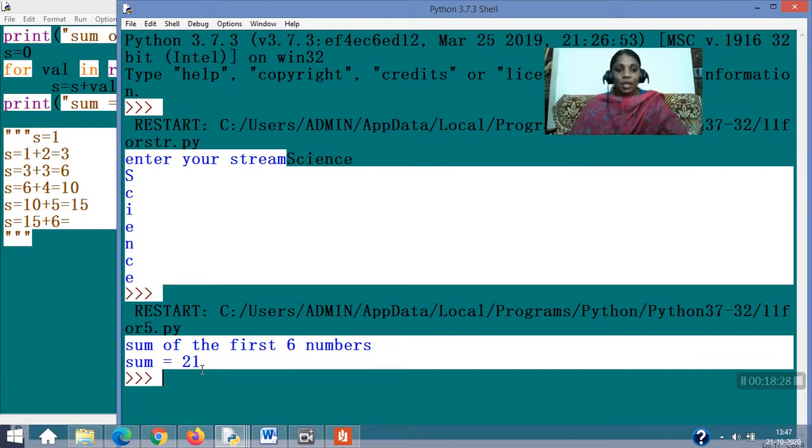So that's 21. Here we are iterating for a period of time. Each time when iterating, instead of printing, this time we are storing that into a variable called sum. Each time the sum's value is changed, which is shown in that example with the help of the value which we entered, and then we printed the final value as 21. So I hope this is clear to you. If not, no issues, because we require a lot of explanation on this.